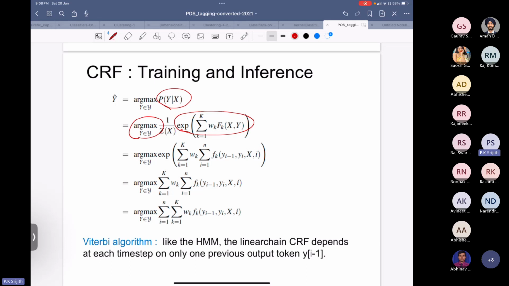You have this summation over i equal to 1 to n, which is over this sequence. You are assuming the length of the sequence to be something like n here. So if you look at the nature of this component that you have here,